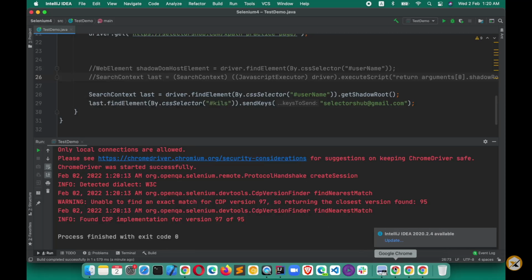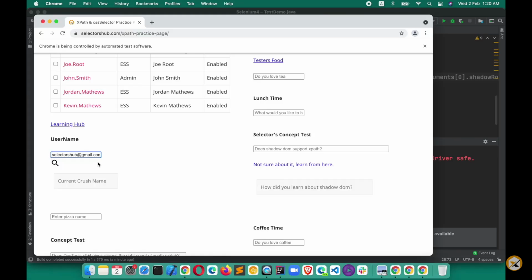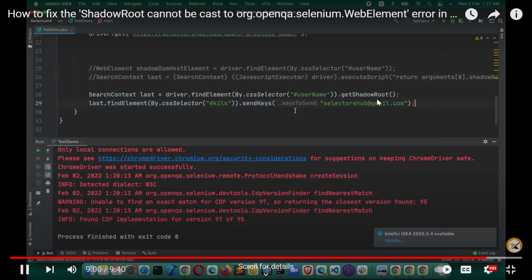So yeah, that was the quick update, and I hope this will help you guys. You can see that it has entered the value, this one as well. So I hope this tutorial will help you guys to understand about these latest